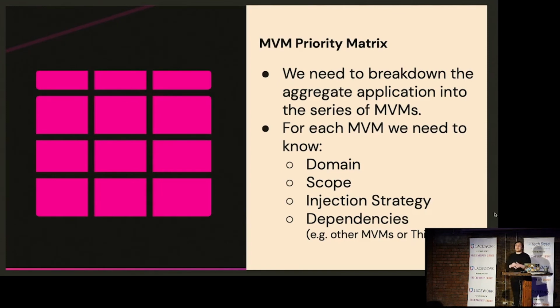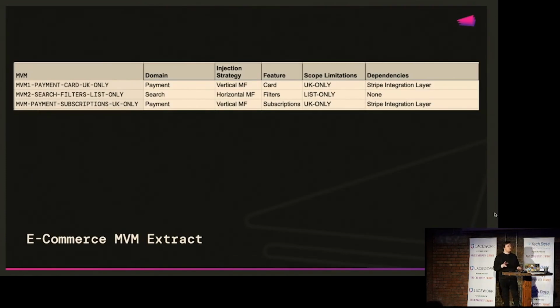So this leads to what I call an MVM priority matrix. We break down that aggregate application into a number of MVMs, and we need to know which domain they relate to, what the scope of the MVM is, what our injection strategy is, and what those dependencies are. Picking up a small example that I've anonymized, the top 3 MVMs from one of our e-commerce migrations,